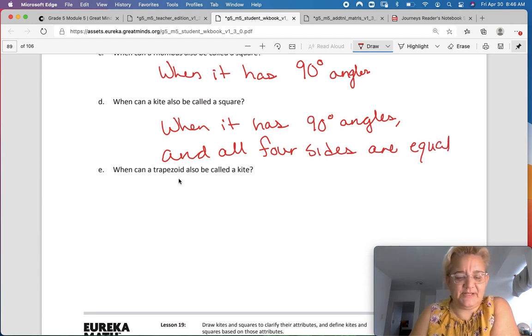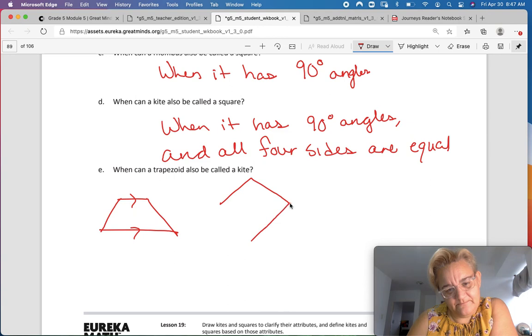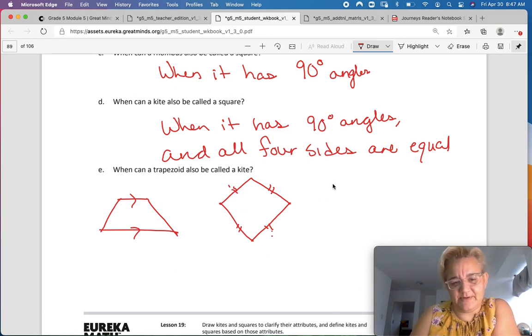When can a trapezoid be called a kite? So here's a trapezoid. Remember we said it has to have at least one set of parallel lines. So this is parallel and this is parallel. So it could be called a kite as long as it has one set of parallel lines. And a kite has to have equal sides, all right? Which would mean, okay, if that's equal to that, and this is equal to that, that's a kite. And as long as it has one set of parallel lines, it is a trapezoid. So